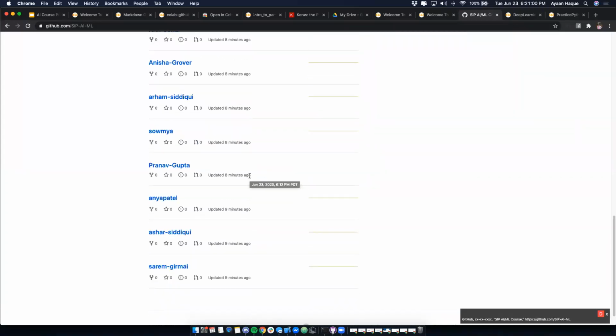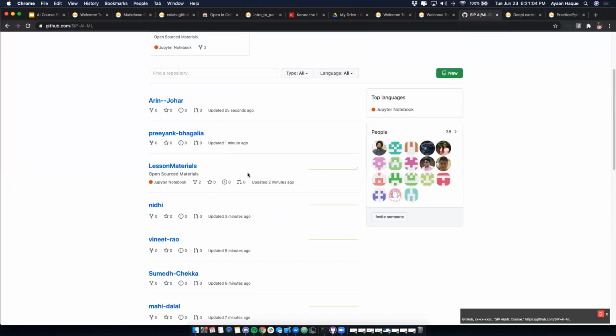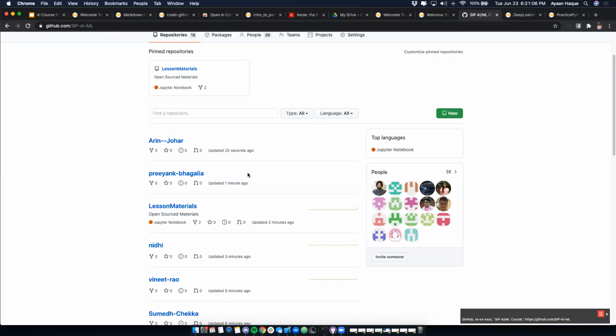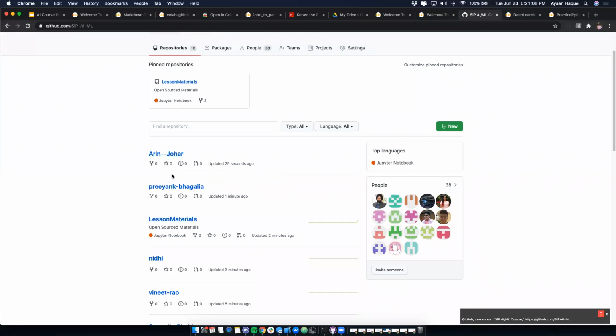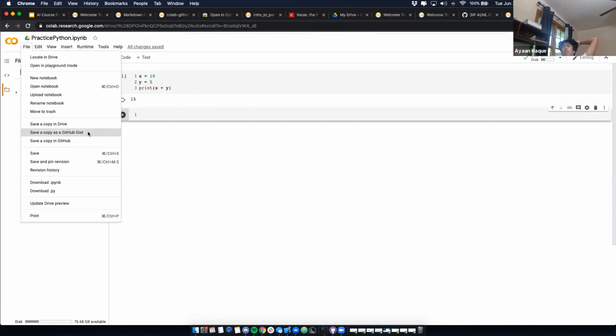Hi, I have a quick question. Mine is there, I just saw it at the top right, but it still says could not find any public repositories when I try to copy to GitHub from Google Colab. I think the problem is that you have never pushed to that repository before, so you don't have permissions on it.